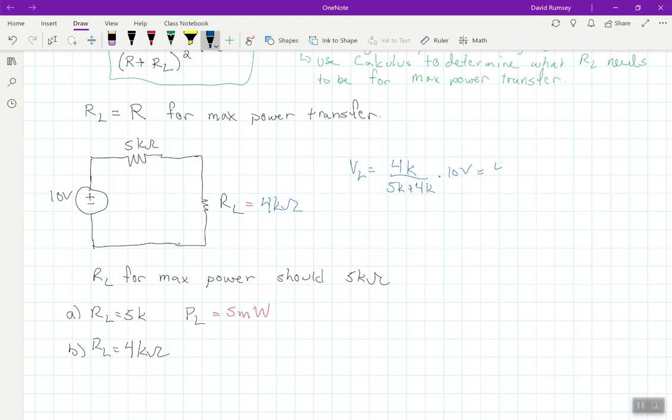And you get 4.44 volts roughly. And then the power for the load then would be 4.44 squared, divided by 4 kilo ohms. Which, if we do that,